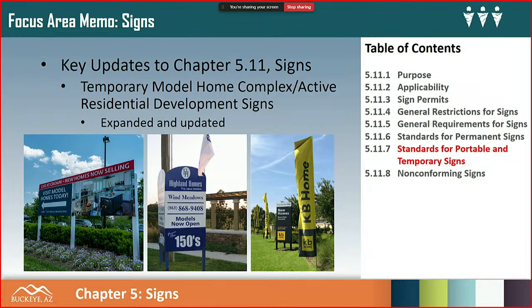At the request of the city, we took a very comprehensive look at the standards for model home complexes. And the city was very kind to provide some research that they've come across. City staff is reviewing the draft that we have created on this section, but the idea was to provide some flexibility in the regulations for model home developers to ensure that they sell their homes in a quick